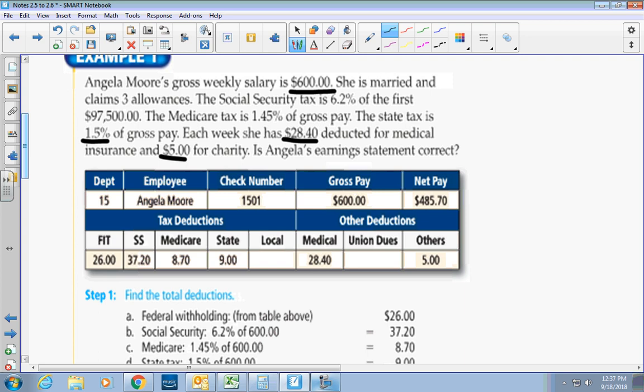Is Angela's earnings statement correct? So she starts with $600 as her gross pay. Her accounting department said her net pay is $485.70. And we need to determine, is that correct? So on your paper,